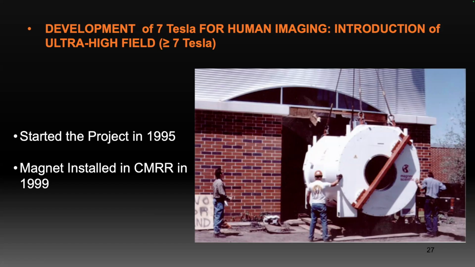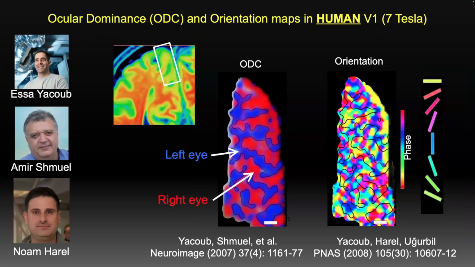We were lucky enough to partner with Magnex and went for a 7 Tesla project. We started talking about this in 1995, and in 1999, the very first 7 Tesla magnet in the world was installed in CMRR, as you can see in this picture. With that particular magnet, after a lot of development work, we were able to publish these papers